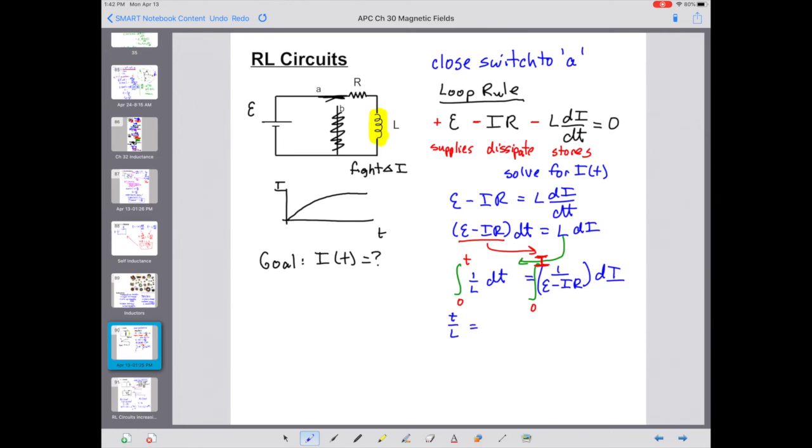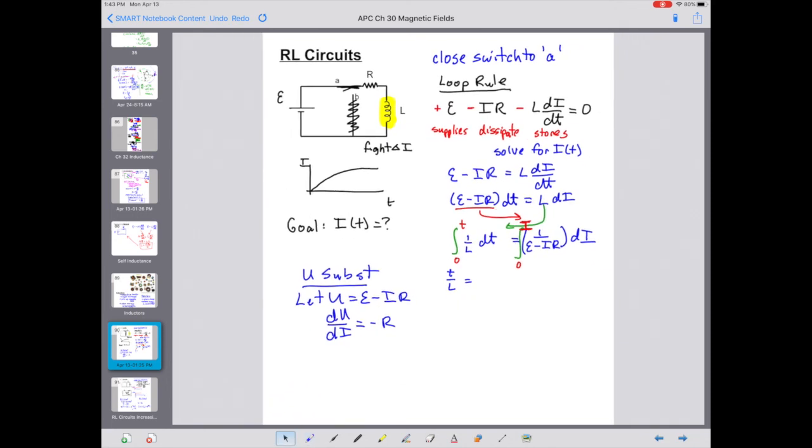Now, the right side, if we integrate, we're going to have to use U-substitution. So I'm going to come over here. U-substitution. We're going to let u equal E minus iR. du/di would be negative R when we solve down. di would be du over negative R. So when we plug all that in on the right side, we're going to get the integral